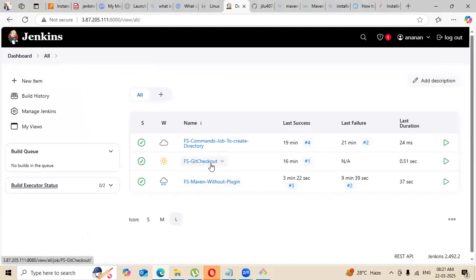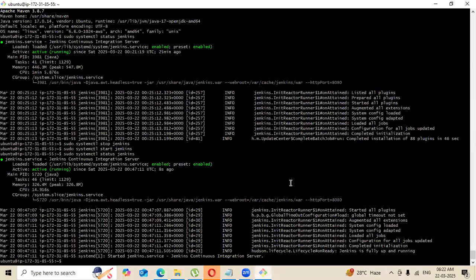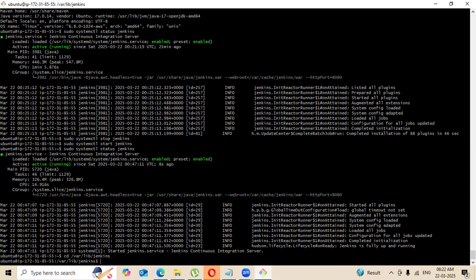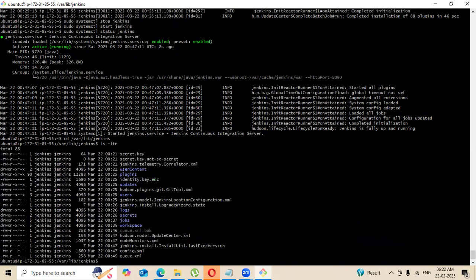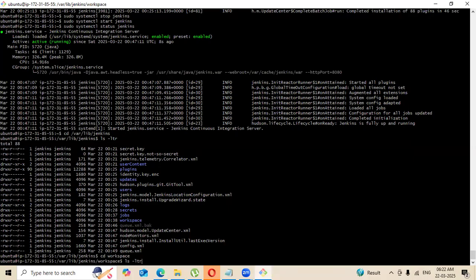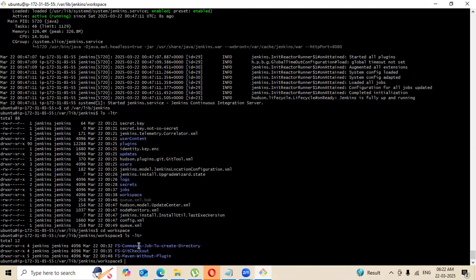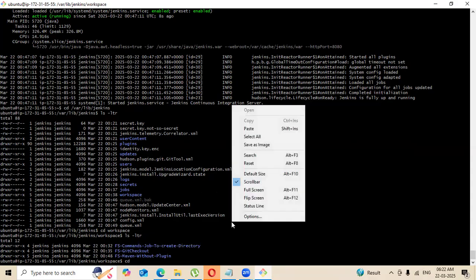Freestyle for Git checkout, freestyle without plugin, freestyle to create a job. If you want to see the workspace here on the server, cd /var/lib/jenkins. Go here and you can see something called workspace. In this workspace, you see all the jobs created by me: freestyle Git checkout, freestyle Maven, freestyle commands. If you go to freestyle commands,